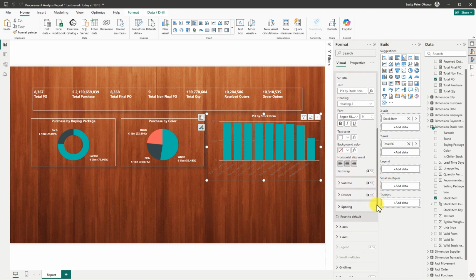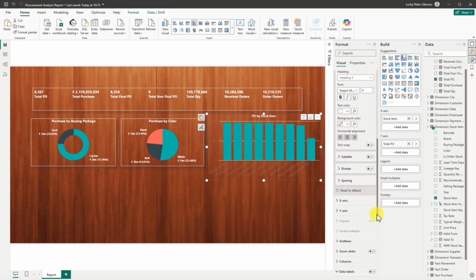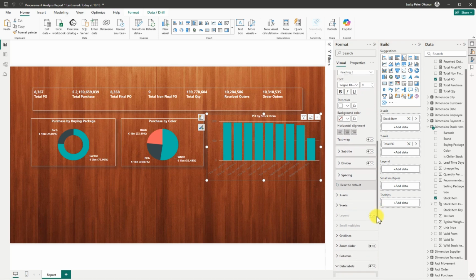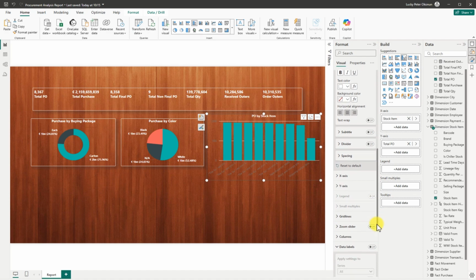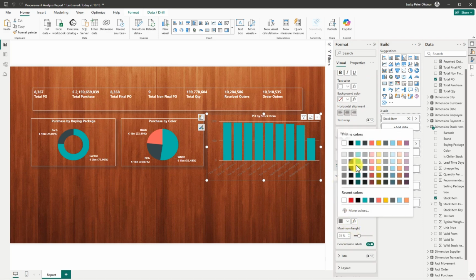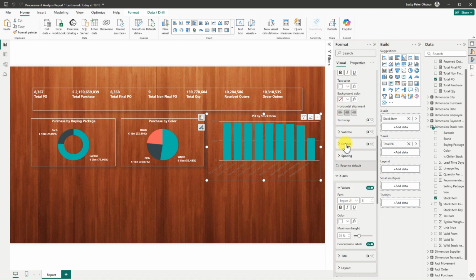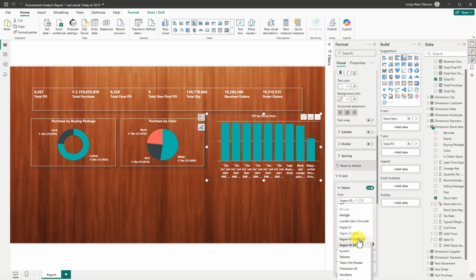So we move down, then we're going to make all this. Let's go down to the x-axis, the value for the x-axis, we're going to make it white as well. So we have them as white, then we want to make them a bit bold, so it can be readable or no. So we can just go back and use,